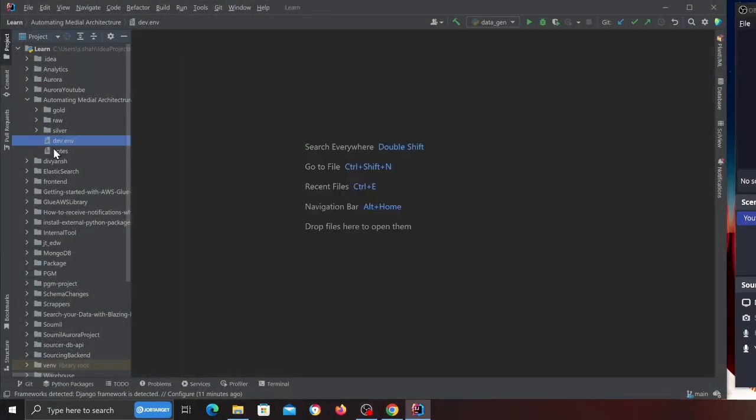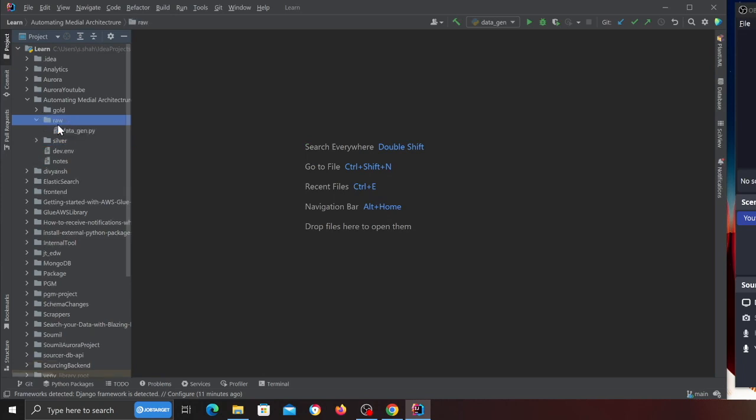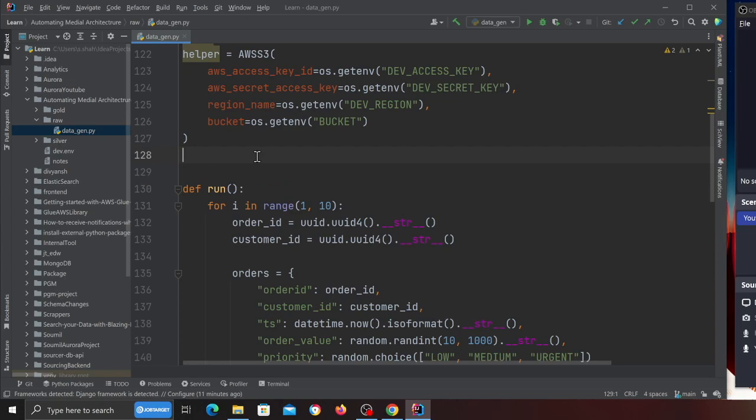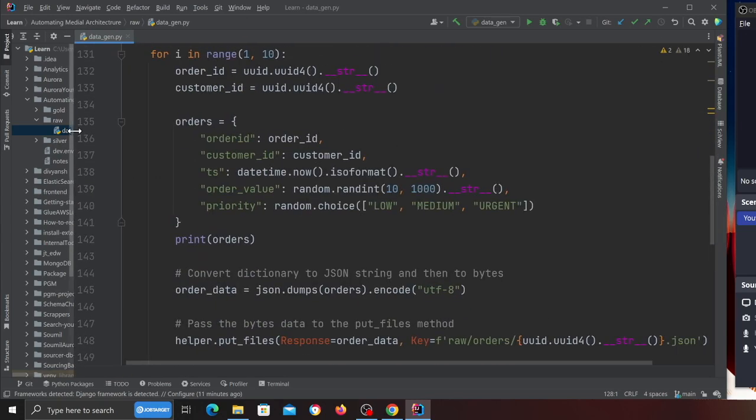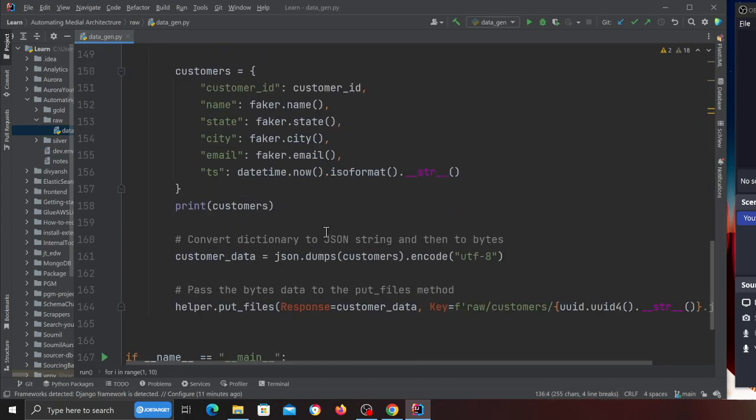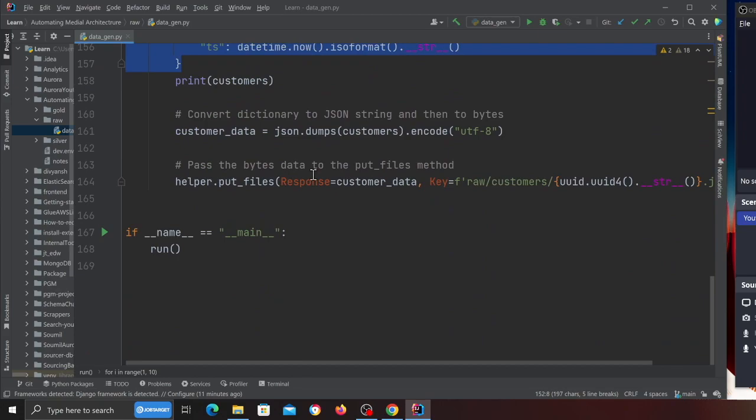Now, if you come here, you will see three folders: raw, silver, and gold. You want to go to the folder called raw. There will be a Python file, datagen.py. As you can see, it creates some fake data: order ID, customer ID. Again, it creates some fake orders and then some fake customers who are making these orders. All you gotta do, if you put your access and secret keys correctly, is simply run